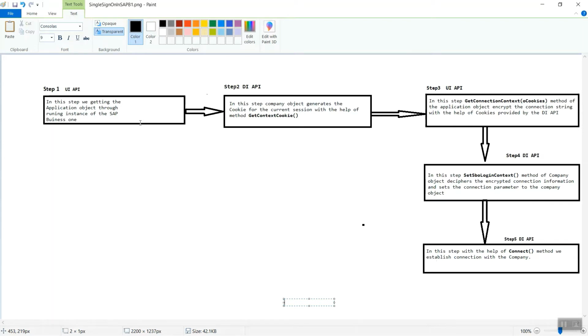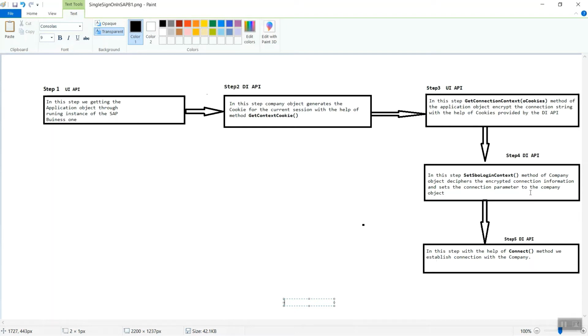As you can see in step 3, the GetContext method utilizes the cookies to encrypt the connection parameter, and in step 4 the SetSboLoginContext function of the company object will set the connection parameter for the company object. And in the last step, DI API comes in existence, and the Connect function of the DI API company object will establish the connection with company object.